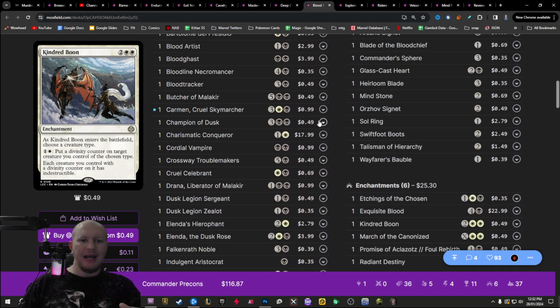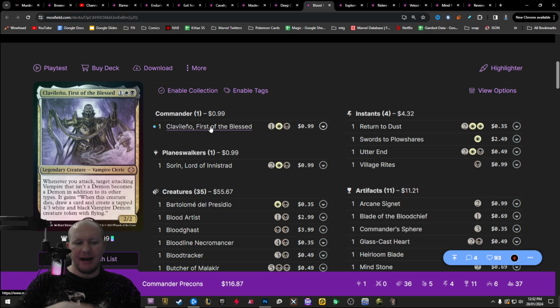vampire tribal. Sacrificing your vampires to create vampire demons, big beef sticks that are going to have flying and everything. I've taken this deck apart myself to build my Amalia deck, but I think at least 2/3 of this deck is still in there